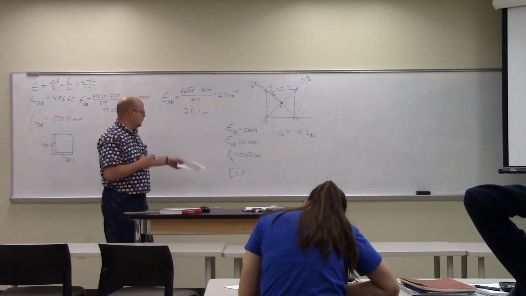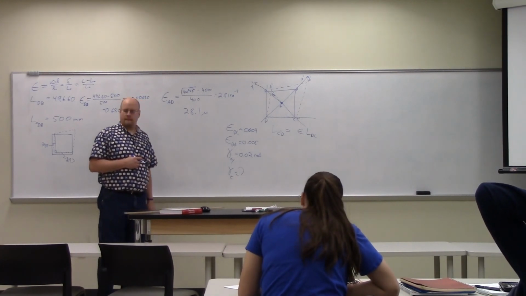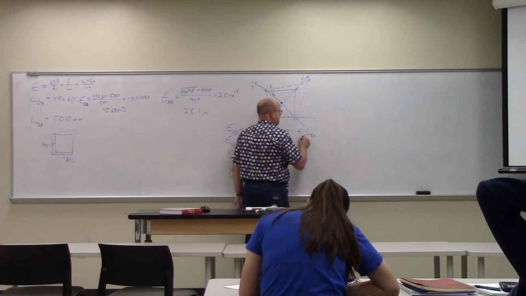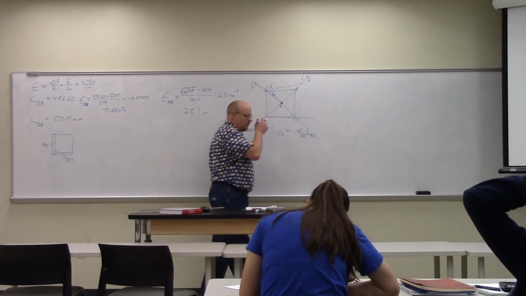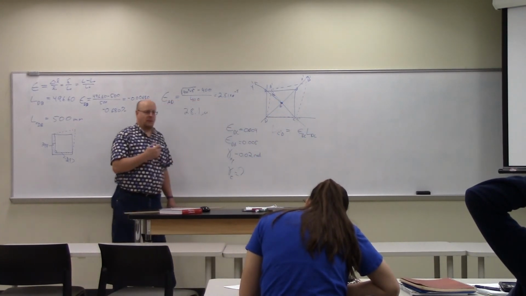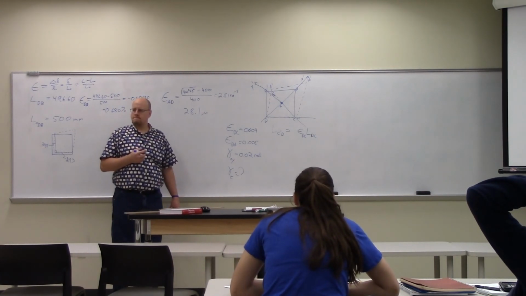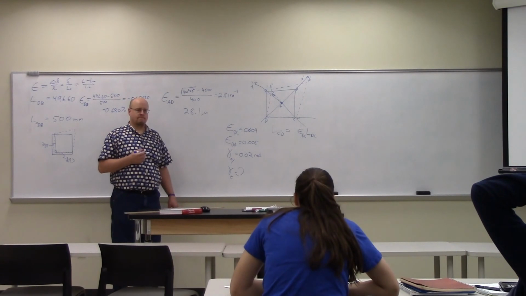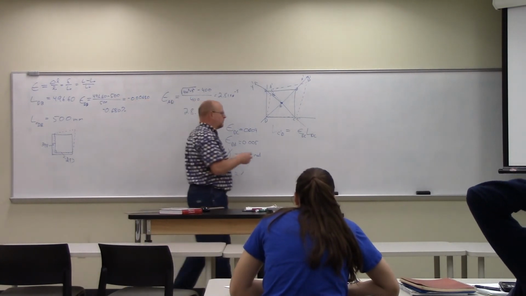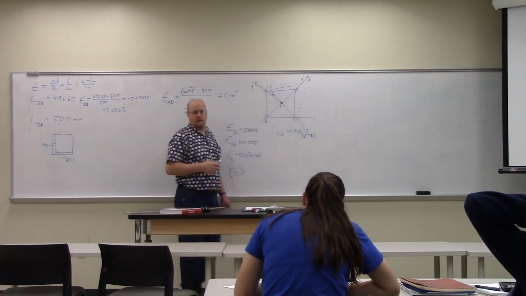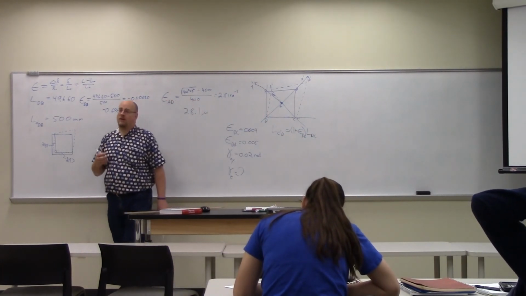Which strain? I was given two strains. That strain of DC. Okay, strain DC. Okay. Everybody happy with that? Right, you have to multiply it by 1 plus strain. If I want to find the delta length, then I